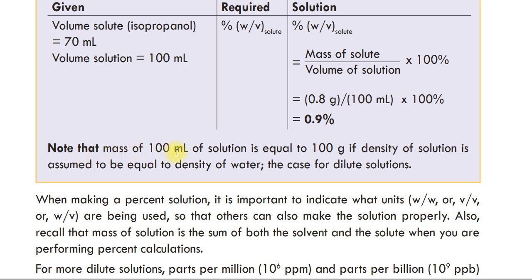Note that mass of 100 milliliter of a solution is equal to 100 gram if the density of the solution is assumed to be equal to the density of water. This is the case for a dilute solution. The case for the dilute solution ይላል። እንግዲህ ምን የሚል ነገር አለ? 100 ሚሊ ሊትር ሶሉሽን ከ100 ግራም ጋር እኩል ነው። እኩል የሚሆነው ምን ከሆነ ብቻ ነው? Density of the solution ከማን ጋር እኩል ከሆነ? ከdensity of water ጋር እኩል ከሆነ ማለት ነው። ምክንያቱም